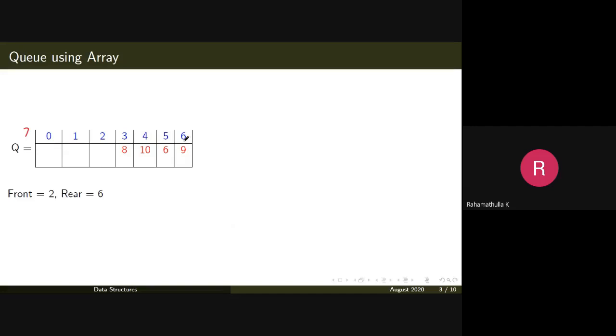But at this point, if you look at this queue, you can see that there are vacant positions 0, 1 and 2. There are 3 vacant positions, but still we are not able to use these places to insert an element. So this sort of implementation is applicable to a situation where we have not only a limitation of size, but also a limitation on the number of entries that will get serviced by using a queue.